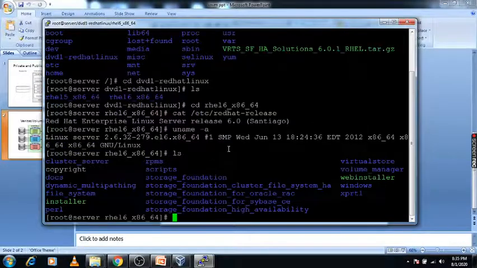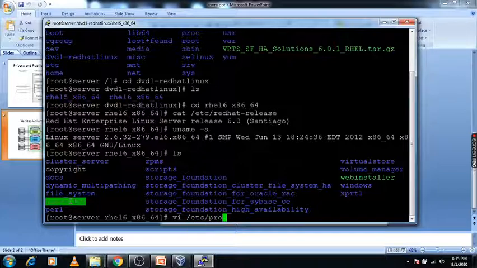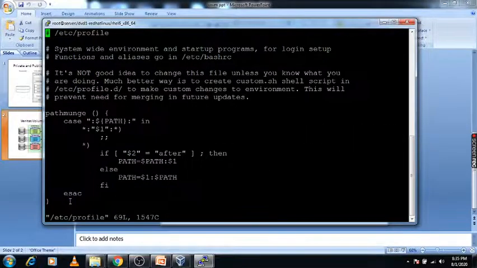Under it there is an installer file. When you click on this installer, it will give the options, and it will take around 30 minutes to install. After installing, you need to set the path under /etc/profile.